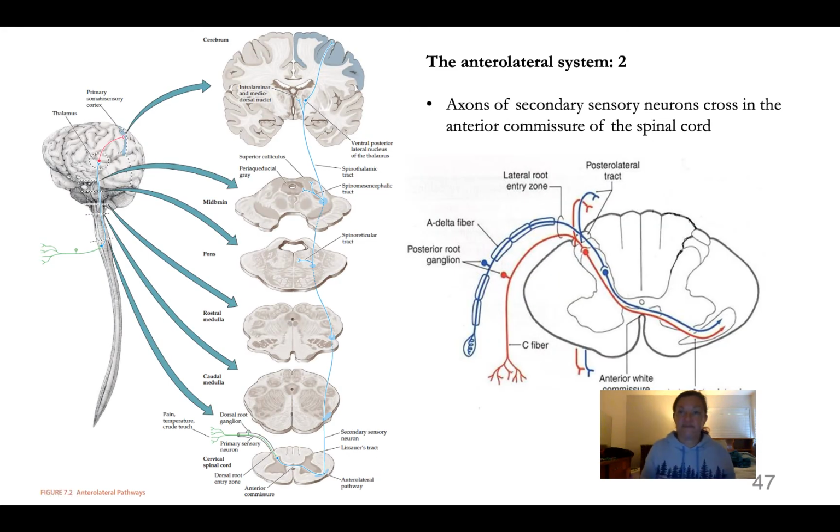So axons of, as I just said, the secondary sensory neurons cross in the anterior commissure of the spinal cord. So this is the decussation point of the spinothalamic tract. And at this point, it enters the anterolateral system. And so it's showing you two options for an A delta fiber and a C fiber here. A delta in blue, thinly myelinated, C fiber in red, unmyelinated. And again, the general pattern is most superficial synapses